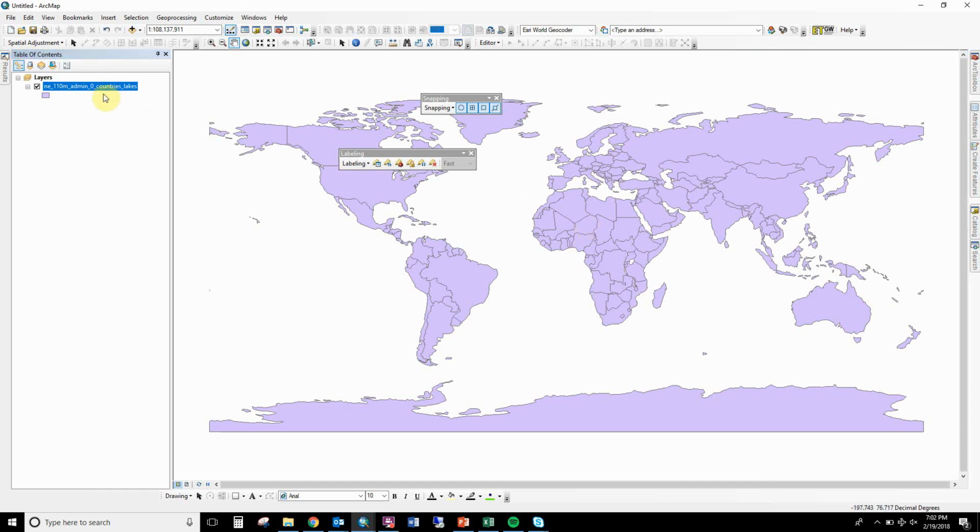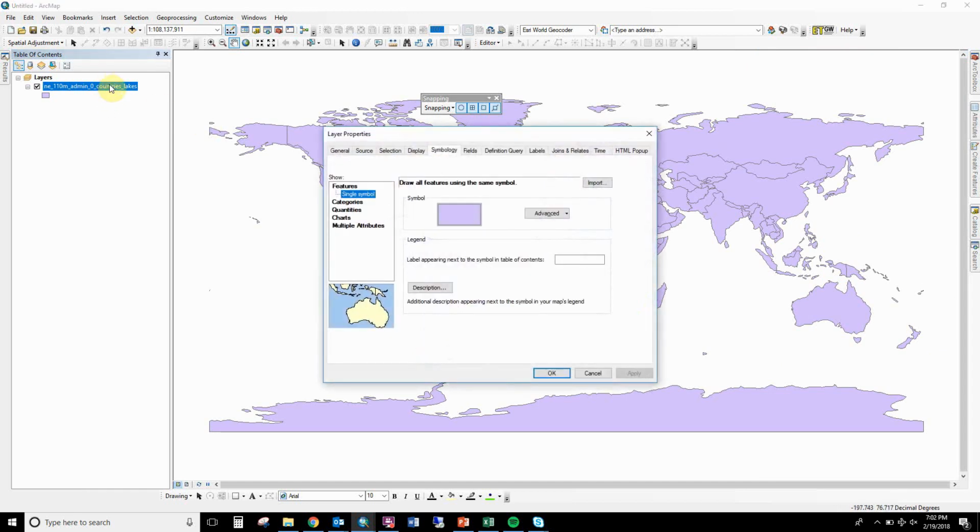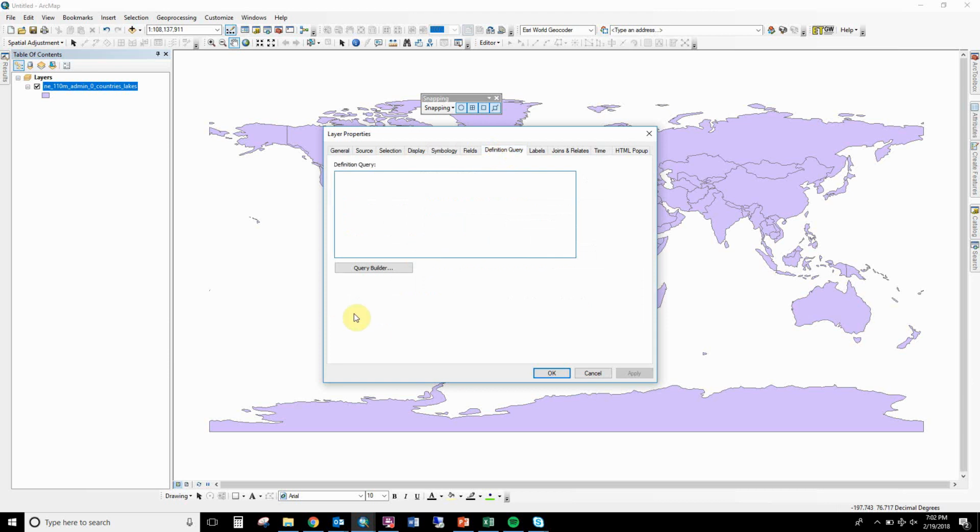One trick when you're working with country data is to exclude Antarctica. So we're going to do one of these definition queries. Usually there's not stuff in Antarctica on a map, and it's enormous on the bottom of the map in most projections. So if you just do a definition query,